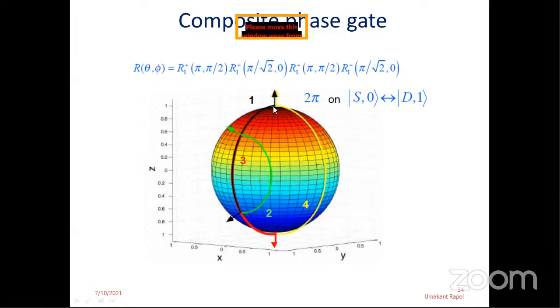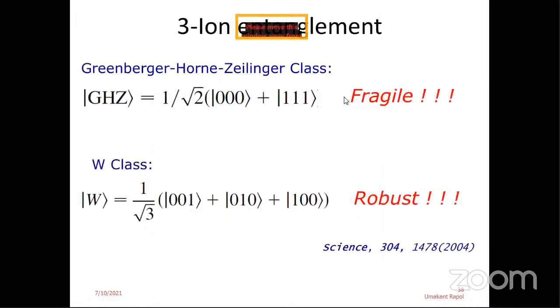So when you look at this trajectory on the Bloch sphere, when you complete the circuit, you gain a phase of 2 pi. That is decided by how much of the surface of the Bloch sphere is covered, so the solid angle covered in doing a complete circulation over the Bloch sphere. That gives you a phase of 2 pi, and you go from S0 to D1 and then back. So that gives you a phase factor.